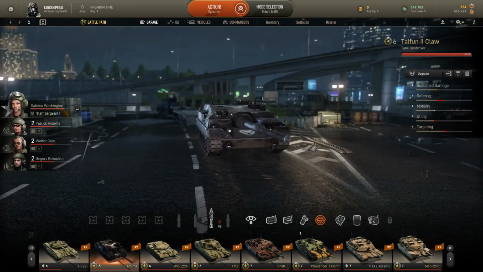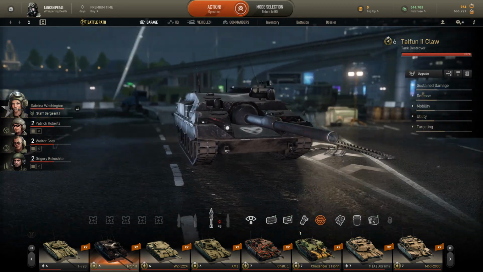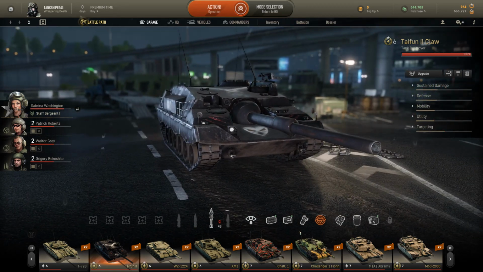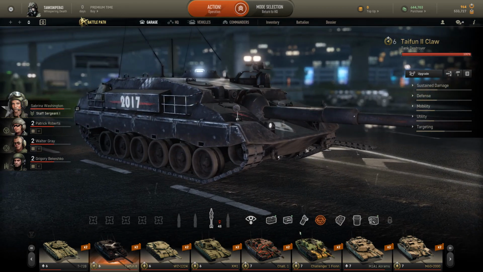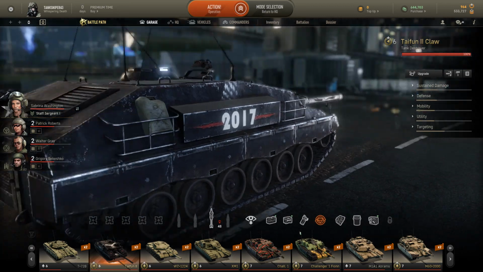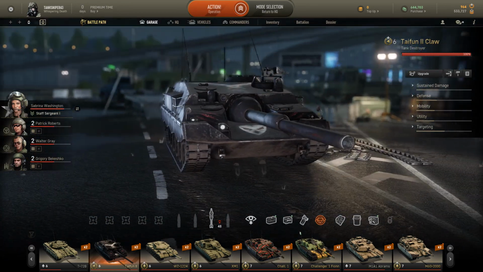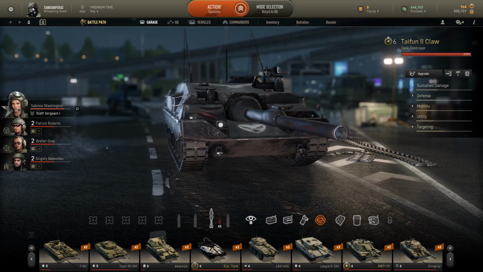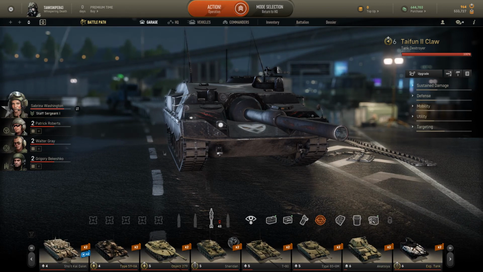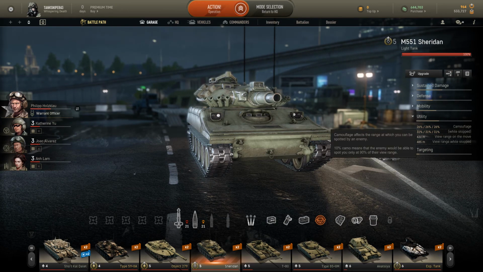It's a tier 6 as well, and it can out DPM tier 8s, tier 9s, even some tier 10 MBTs. It will out DPM them. And this thing is sneaky. The amount of PvP battles I've been in and they haven't been able to find me is just extreme. I always used to think that the Sheridan was pretty good at hiding, and in a way it is, but the camera rating doesn't really